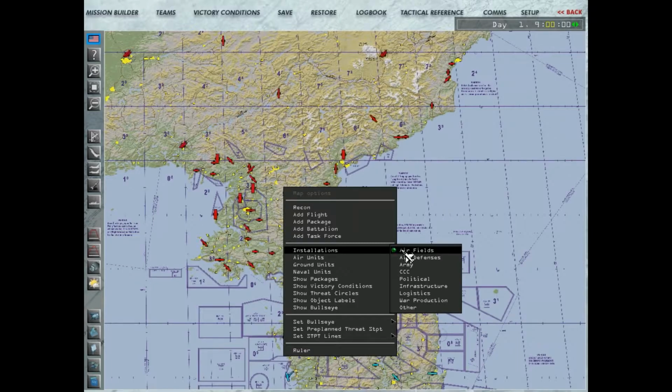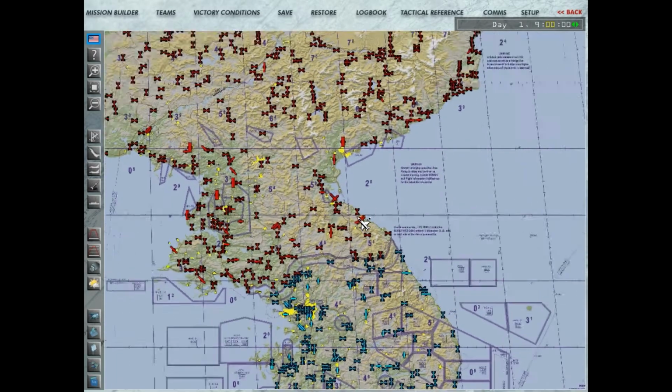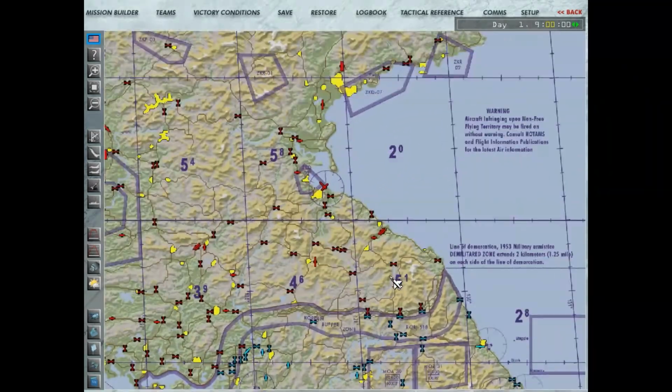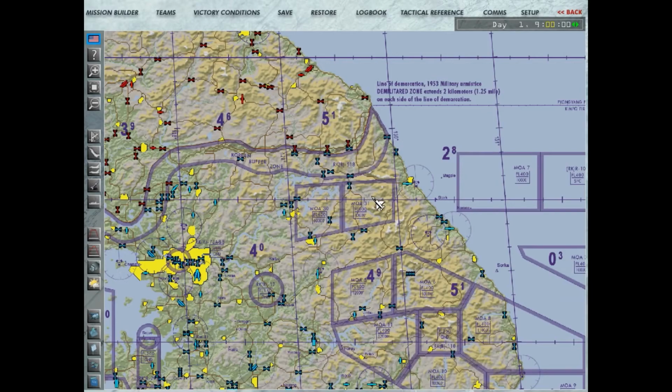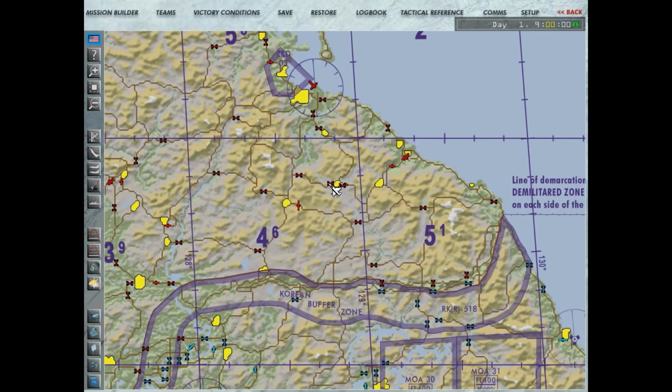So I'm going to switch on airfields and I'm going to switch on infrastructure, because we're going to set up now a flight which attacks a piece of infrastructure in the north from an airstrip in the south. The airstrip I'm choosing to launch from is Kangyong, and we're going to attack a bridge up here, Hoyang